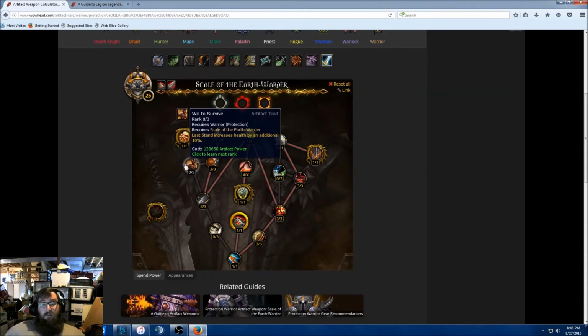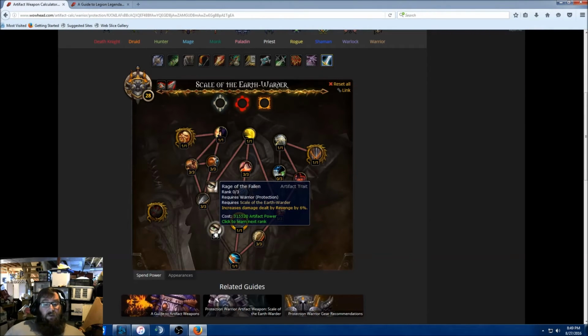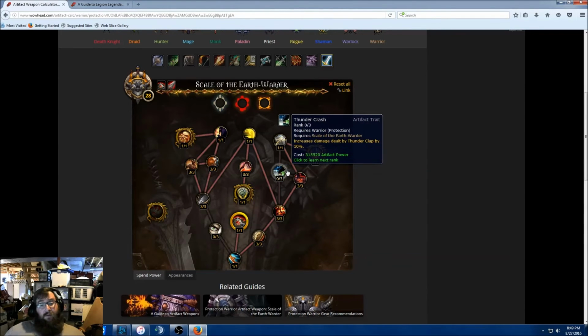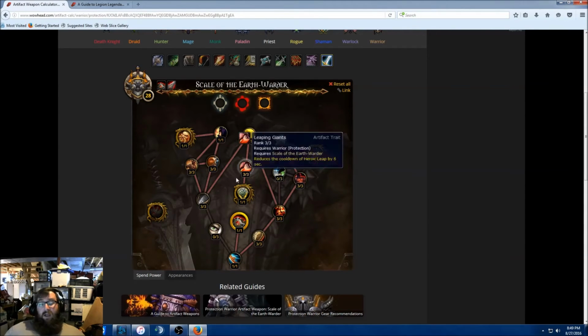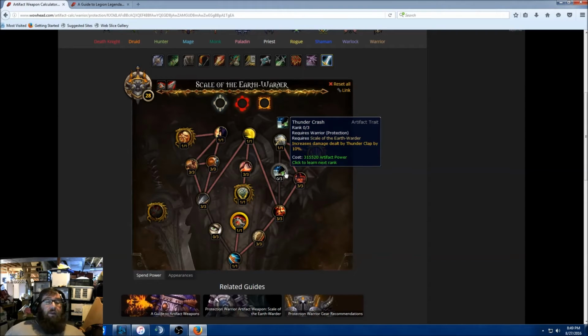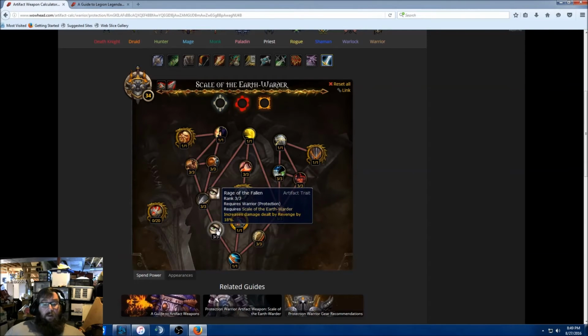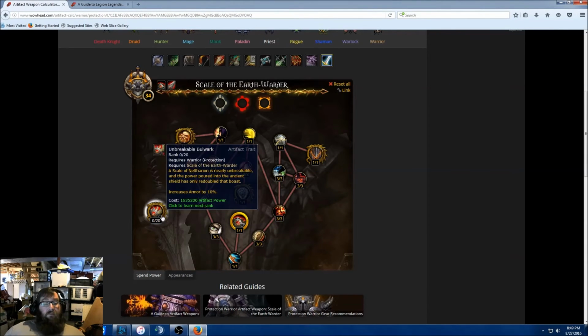So from there, based off of whether or not you went with Toughness or Will to Survive, you fill in the other, and in this instance, I'd be filling in Will to Survive, and then it's whether or not I want to go with Revenge, or if I want to go with Thunderclash. It's all based off of your personal preference at this point. With the amount of AoE-based fights, I'm going to go with Thunderclash for this, and then go with Rage of the Fallen after that, meaning our artifact weapon is at level 34, meaning that we can finally start working on